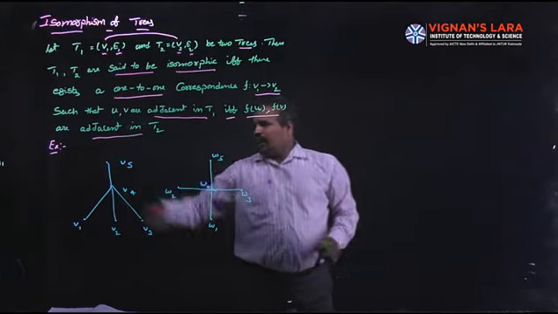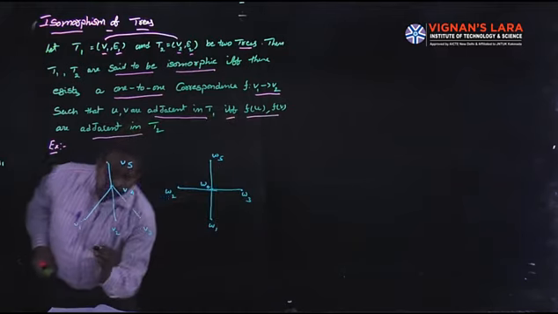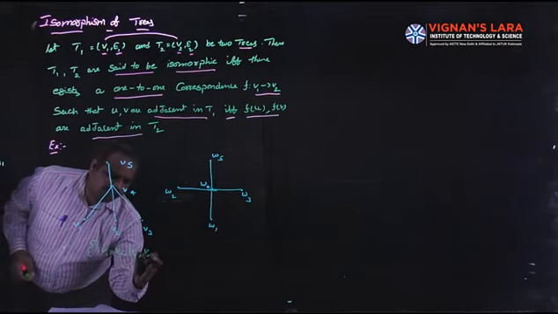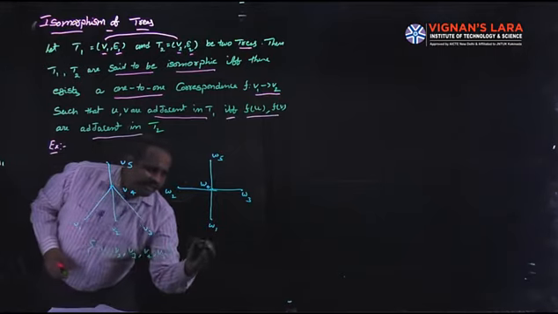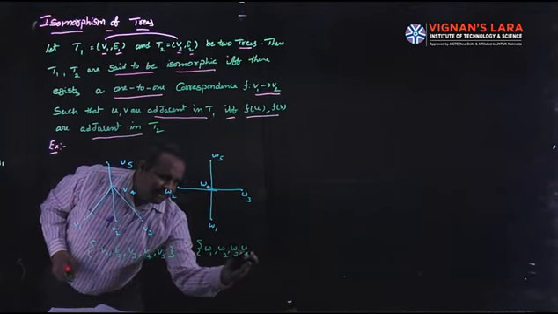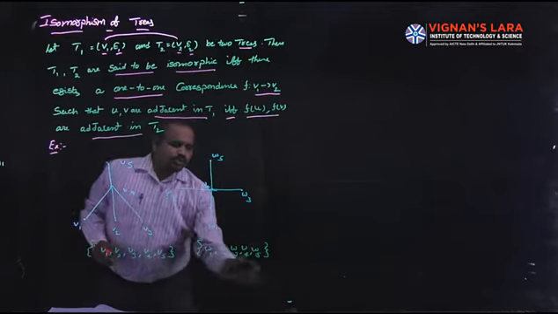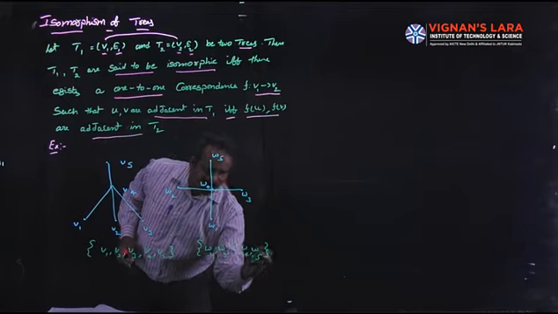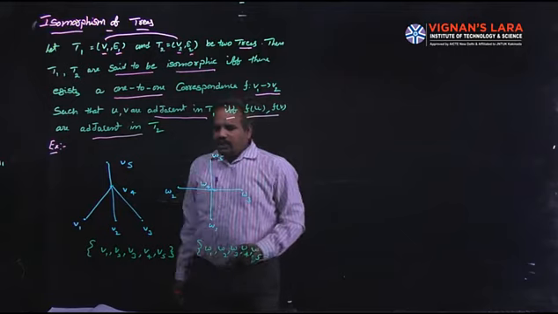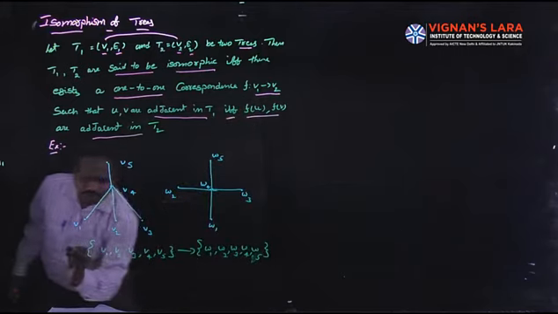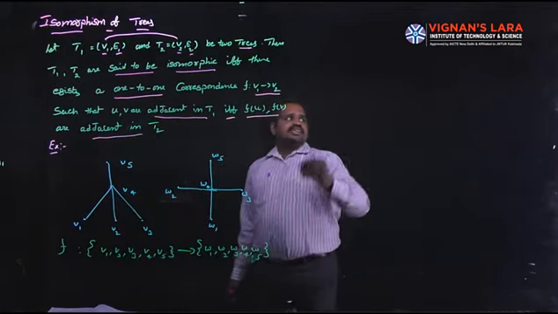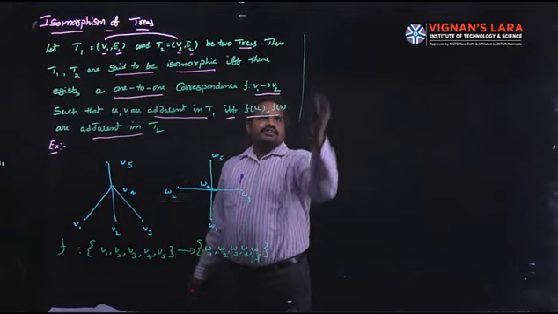Here, what is the vertex set of this one? Say this, what are the vertices? V1, V2, V3, V4, V5. And here W1, W2, W3, W4, W5. So here our aim is to define a mapping between these two vertex sets. I am defining a mapping F from this vertex set to this vertex set such that